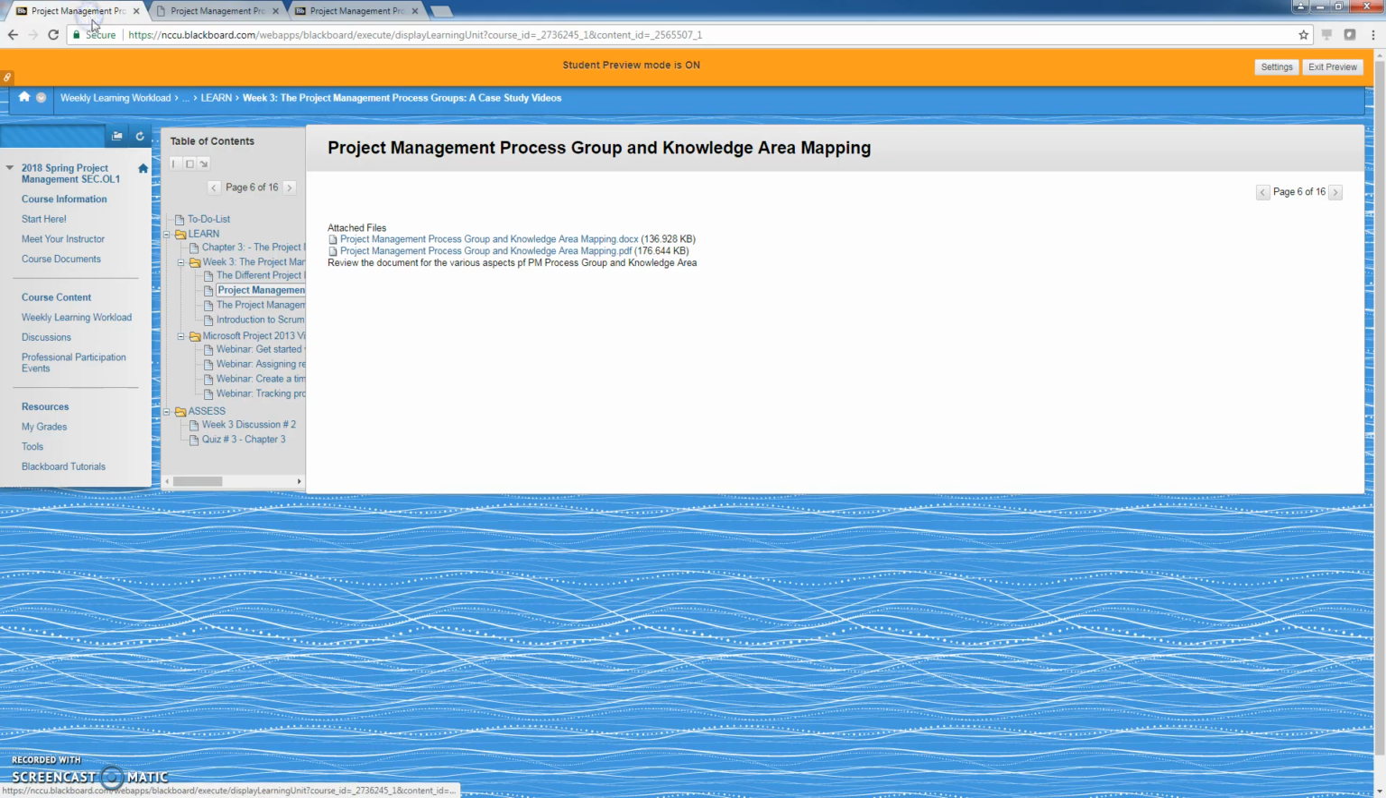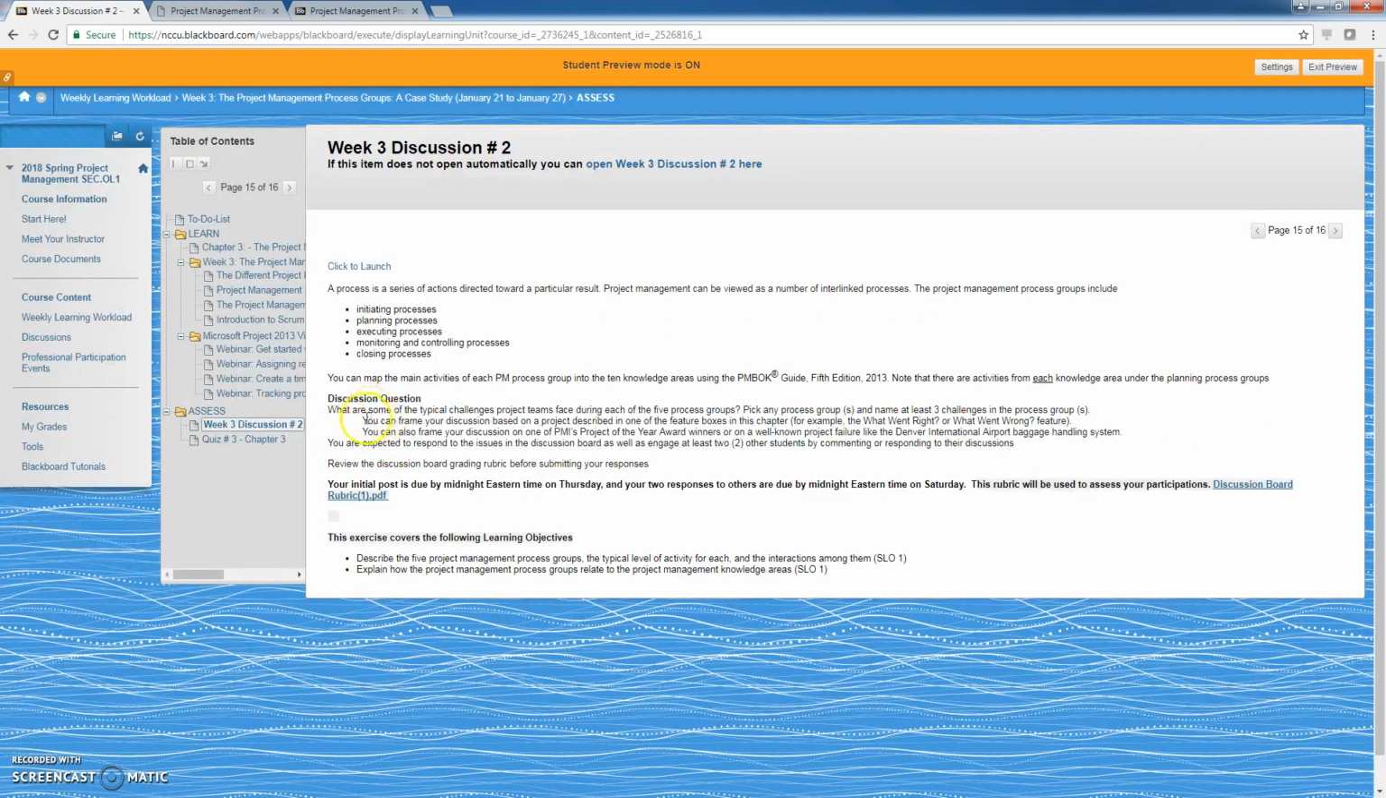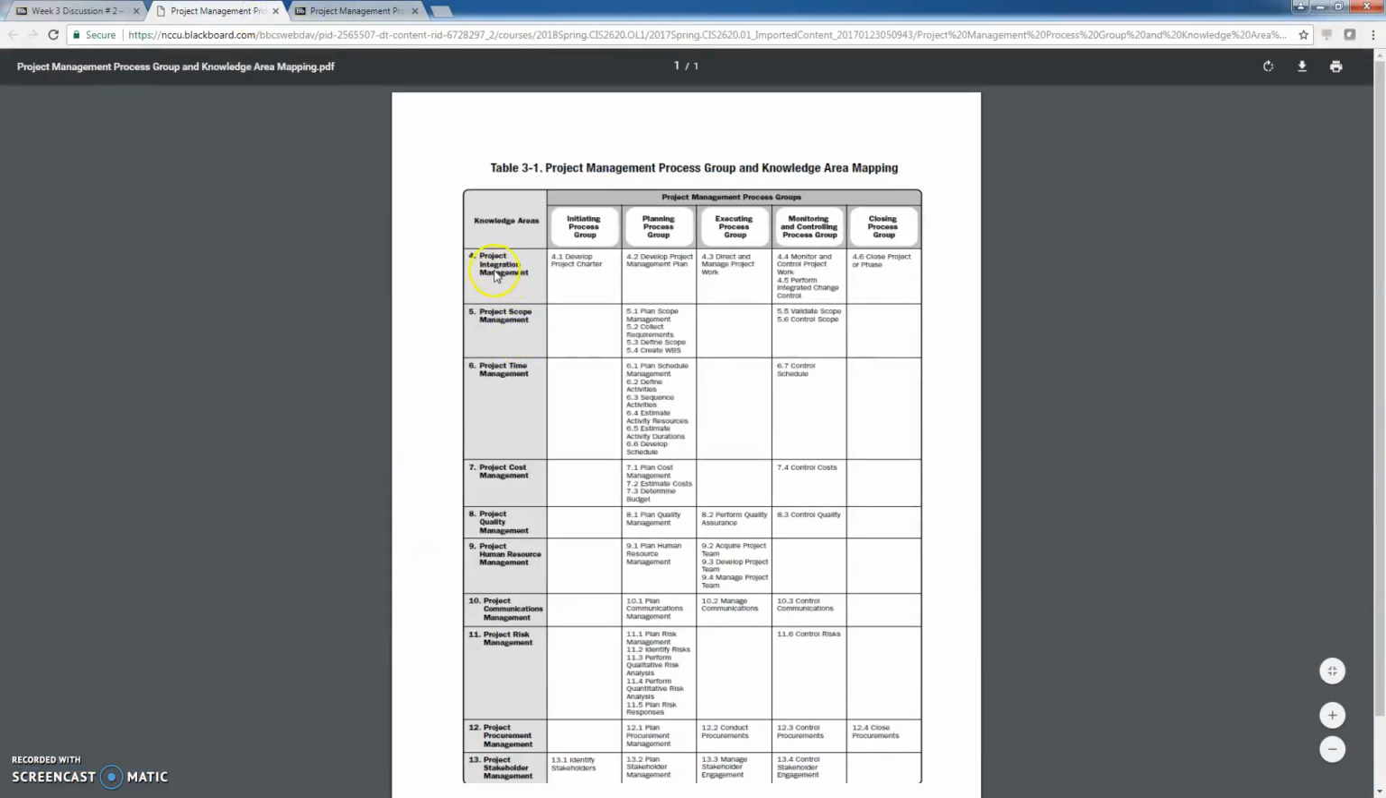So, getting back to the discussion for this week, the question is: what are some of the typical challenges project teams face during each of the 5 process groups? So you pick any process group and then you name at least 3 challenges in the process group. You can pick, for instance, project integration management, and then you look at developing a project charter. So what are some of the challenges that a project manager can have when they're trying to develop a project